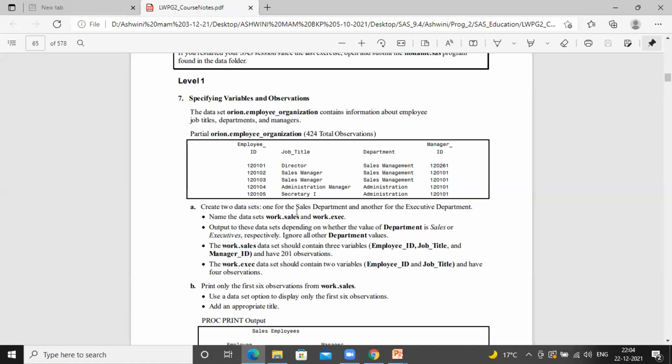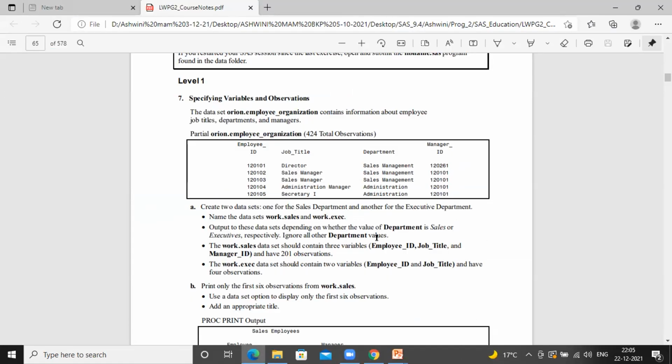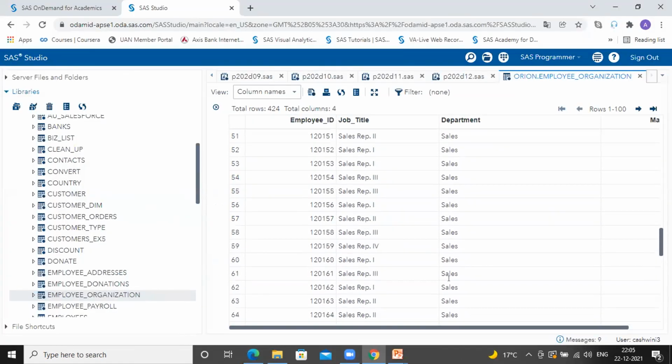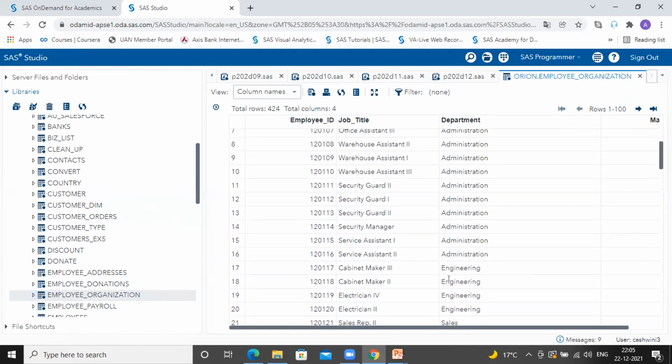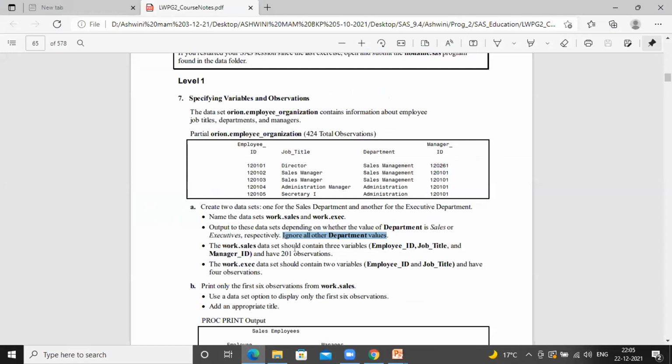So you have to create two datasets, one sales, one executive, depending on whether department is sales or executive respectively. Ignore all other department values. What are the other department values? Administration, engineering, sales management.